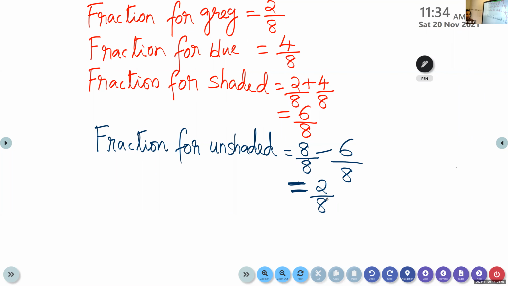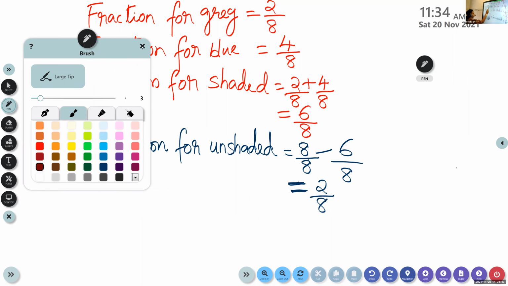See, children, we have found the answer using subtraction, but we can also check whether it is correct or wrong by checking from the figure given. Okay, now next you please try to do alone. Question number B. What do you have to do first? Total parts. Then which colors are there? Blue, gray and blue. Again the same colors, so you can repeat the same steps.